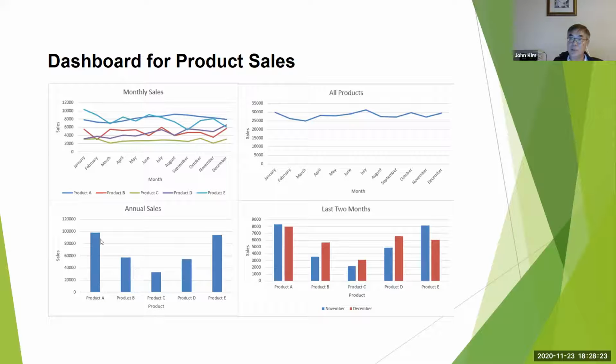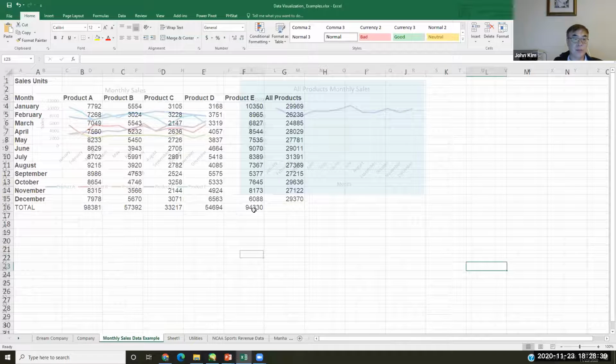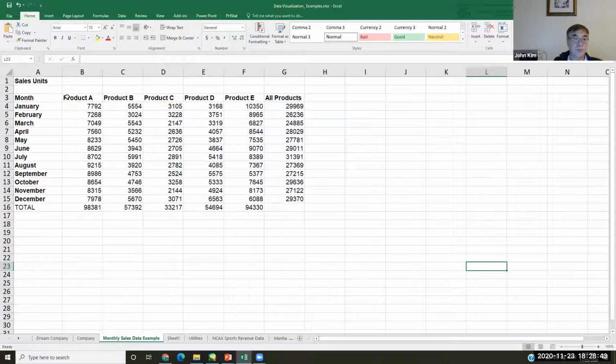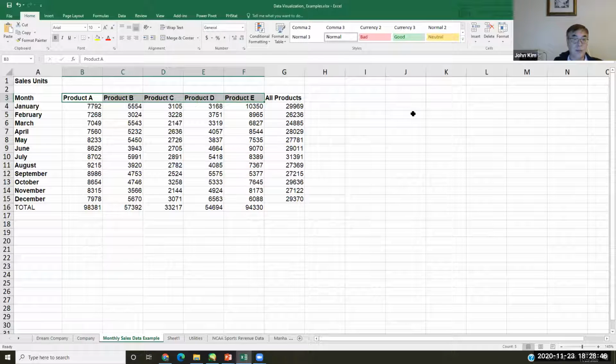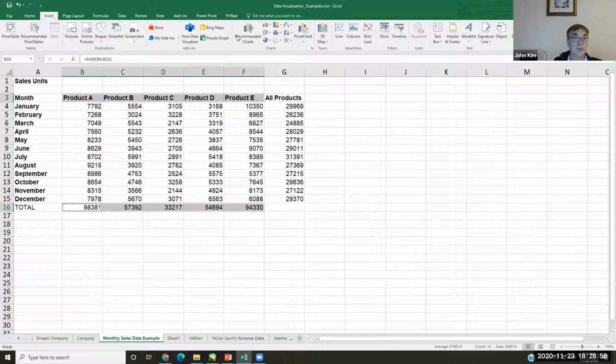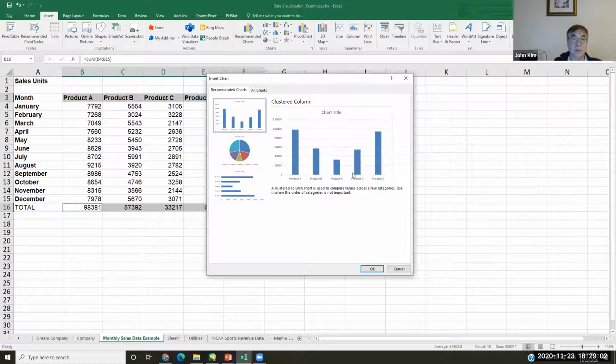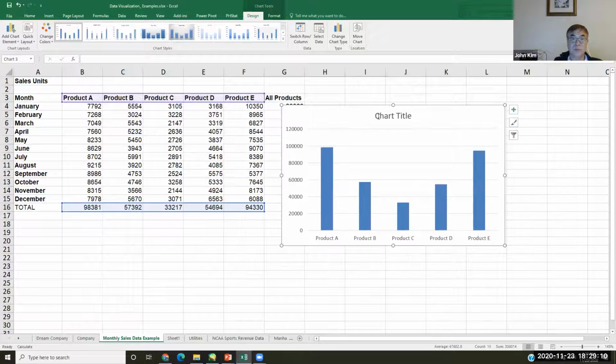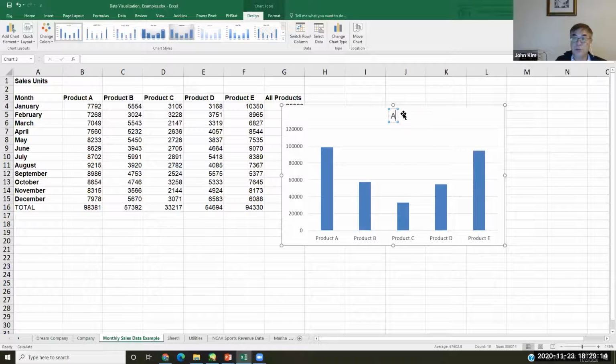So annual sales, and then bar chart, column chart, annual sales, column chart. So go to monthly. So annual sales. So we can highlight only product, and then control key, highlight total, and then insert, and this one, clustered in a column chart. So we can change name, annual sales,